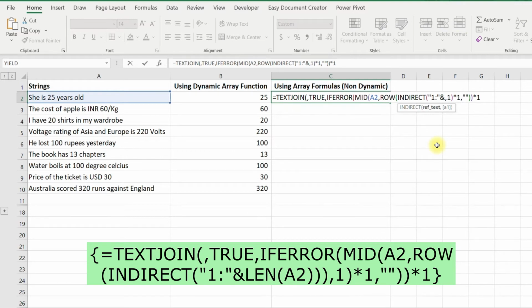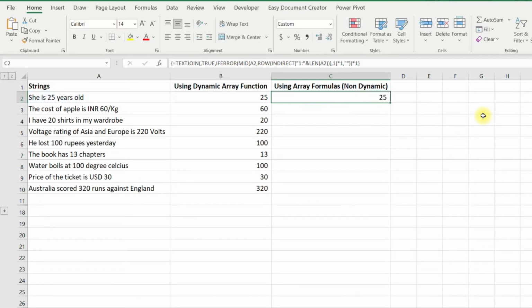So put LEN, the text string. Now close LEN, close INDIRECT, and close the ROW function. Guys, as this is an array formula, you need to press Ctrl Shift Enter instead of just enter. So Ctrl Shift Enter and you are done.